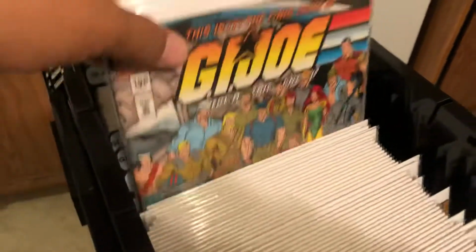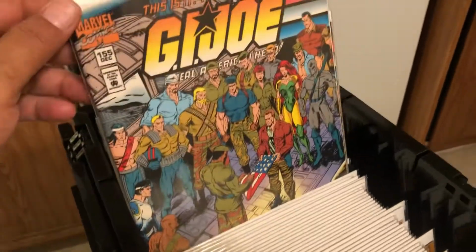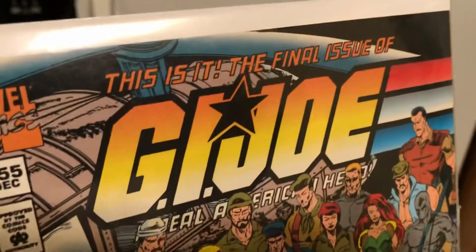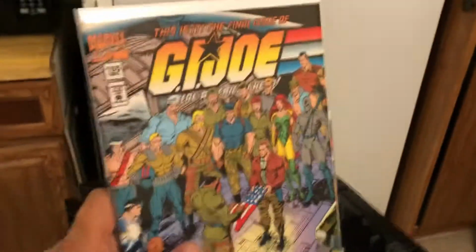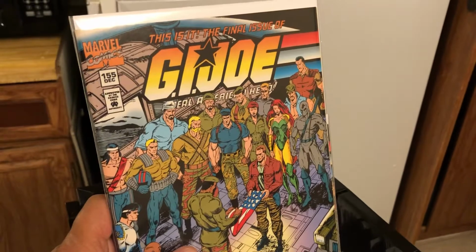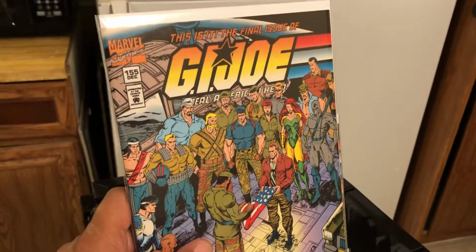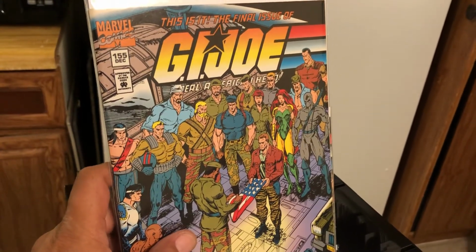I love this. This is my favorite issue of all time. Issue 155. You can read it there. It says, "This is it, the final issue of G.I. Joe." And I remember I was a teenager. I was going to the movies, and there was a Sam Goody next to the movies, and my movie hadn't started yet. I had about 30 minutes. I went into the Sam Goody just looking around, and I looked at the comic book rack that they had,